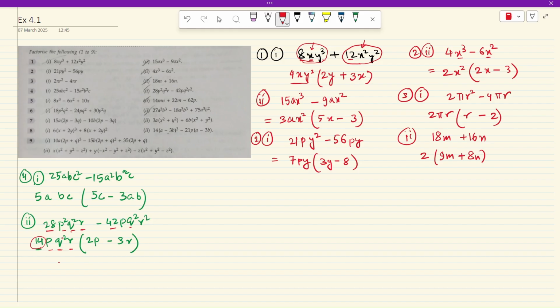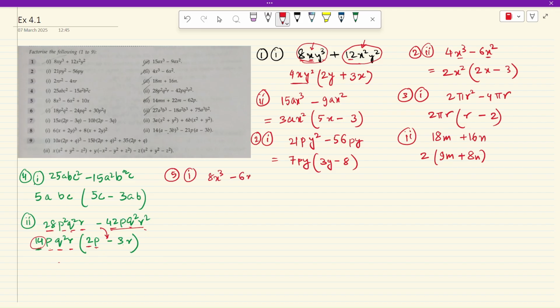So 14 times 2 becomes 28, and p power 2 and p, only one p remains. Okay, same with the other term, this minus sign will come over here, and 14 times 3 is 42, pq square goes off, only r remains. Okay, now fifth question,